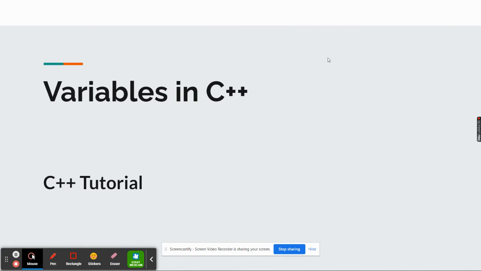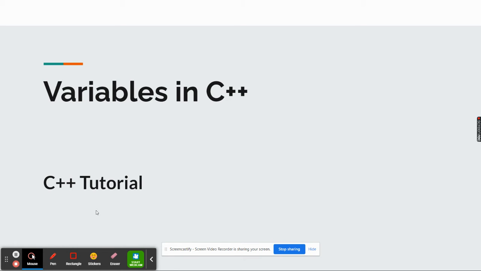Hello guys. In the earlier videos we were discussing simple programs using C++, and in those videos, while explaining, I was using a couple of jargon words or technical terms such as variables, keywords, operators, etc. And in this video and in the coming videos we are looking at those jargon words closely and we are going to find out what they actually are.